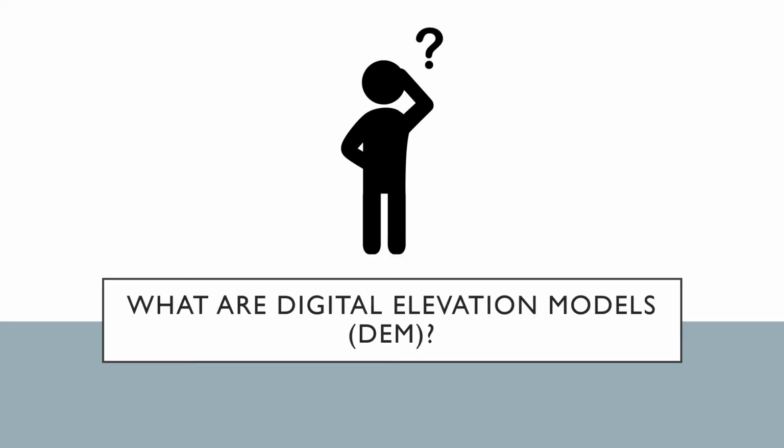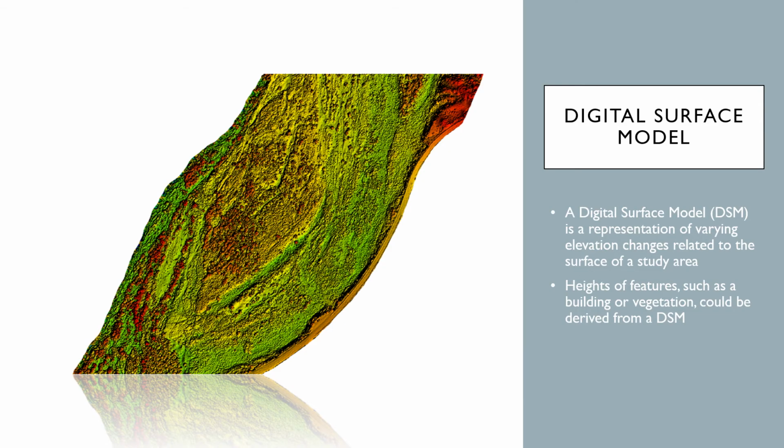All right, so what are digital elevation models? Can you think of what those may look like? So a digital surface model is a type of digital elevation model. A digital surface model, or DSM, is a representation of varying elevation changes related to the surface of a study area. This image here on the left is a piece of our project site on the Lower Salt River, and